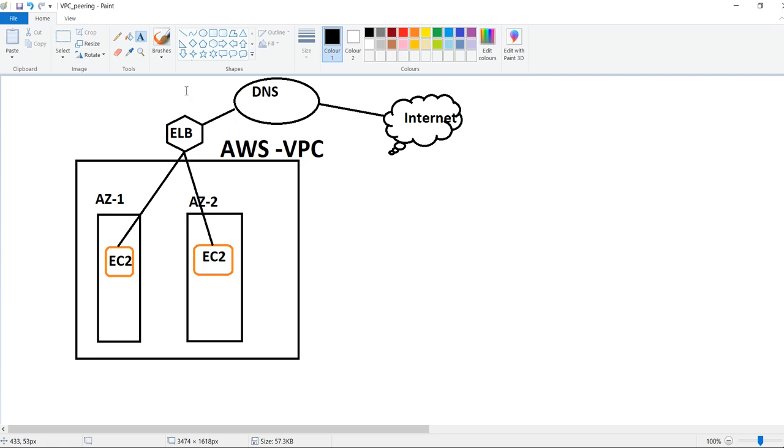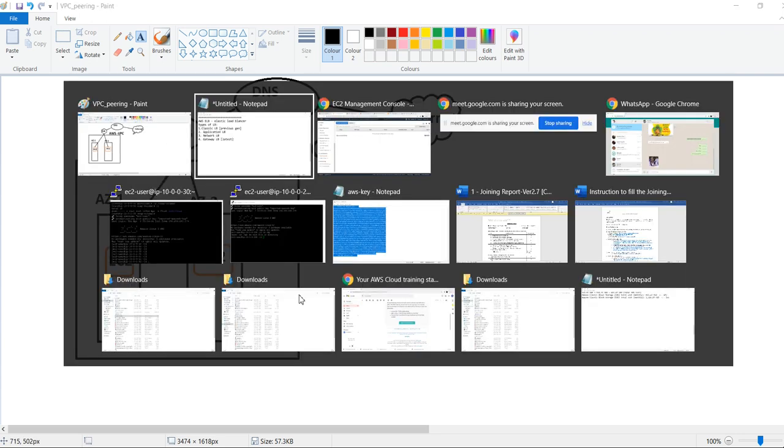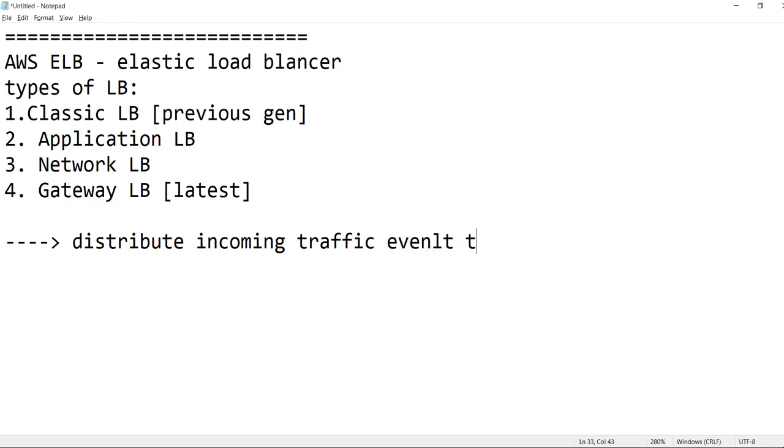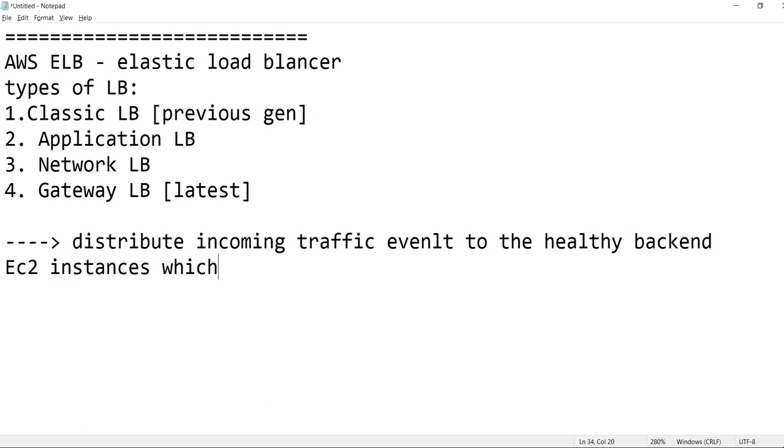So today we will discuss mainly how this load balancer works. It will distribute incoming traffic evenly to the healthy backend EC2 instances, as already said.